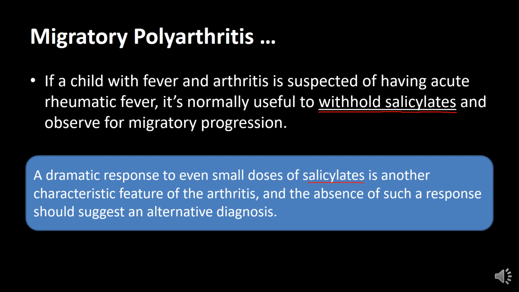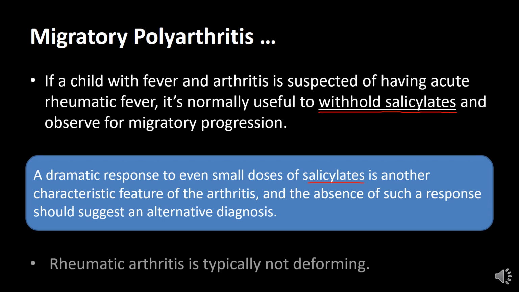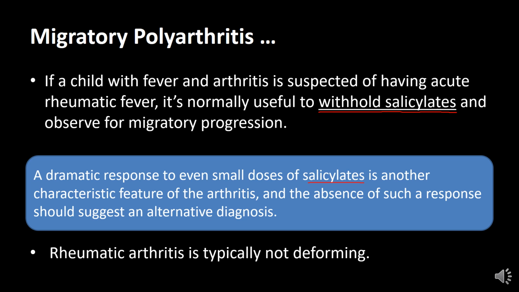But what I'm saying is, if you're not so sure, but you think it could be, withhold salicylates. Use alternative analgesia as you see how the joint picture progresses so that you can have a definitive diagnosis. However, in the event that salicylates are given and the improvement is dramatic, then that helps you to confirm. And number 3, if you give salicylates and they don't improve as quickly as we expect, then chances are it is not the arthritis of rheumatic fever. The good thing is that the arthritis of rheumatic fever does not cause deformities.